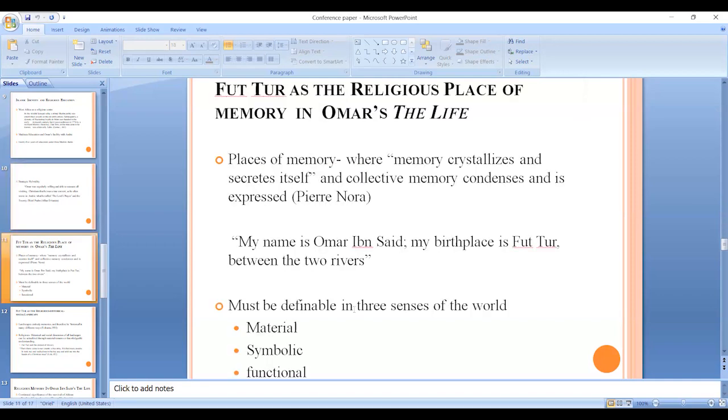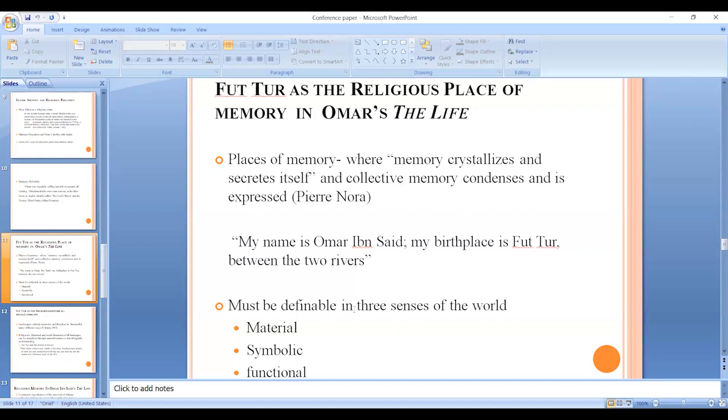Also, the region he belonged to was Futa Toro, and Futa Toro becomes a place of memory, rather a place of religious memory for him. And we see Pierre Nora saying that memory crystallizes and secretes itself. This is the place of memory, and it is Futa Toro for Umar ibn Said that he secretes himself and his experiences in and around. We see him launching his text with these two lines: